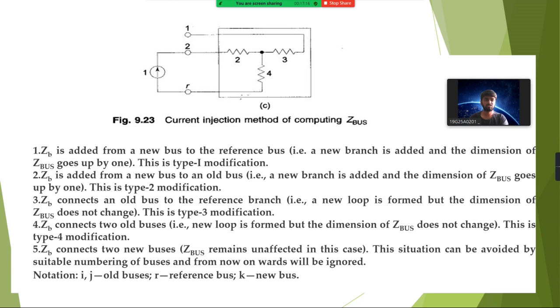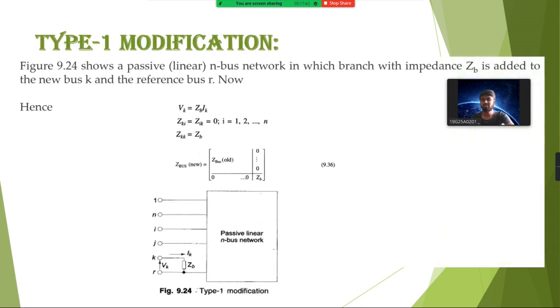The notations which we use in the coming slides are: i, j are old buses, small r is the reference bus, and small k is the new bus. We will do these four modifications on the ZBus, and we will get the new ZBus. And coming to the first modification of the ZBus,